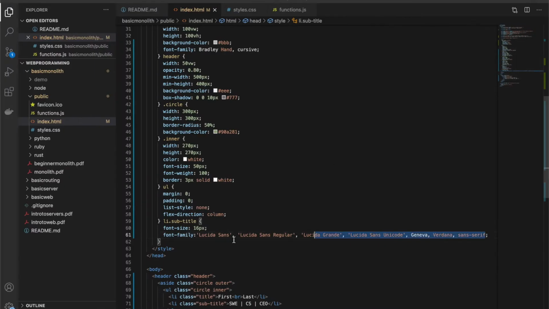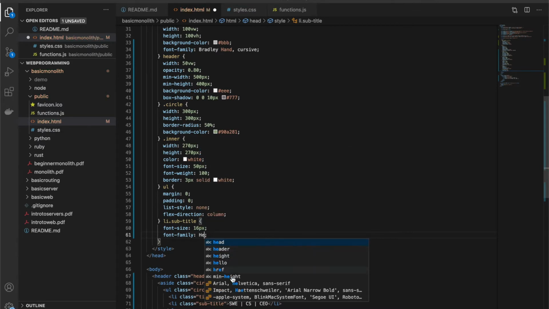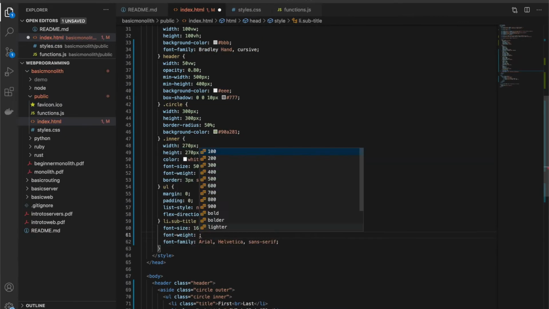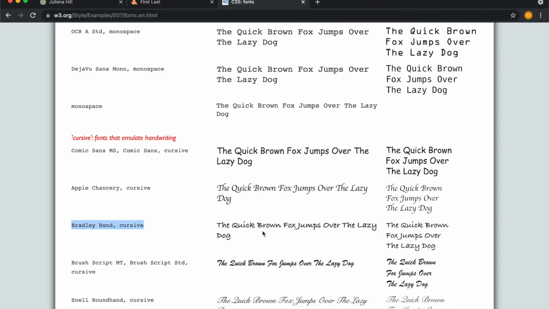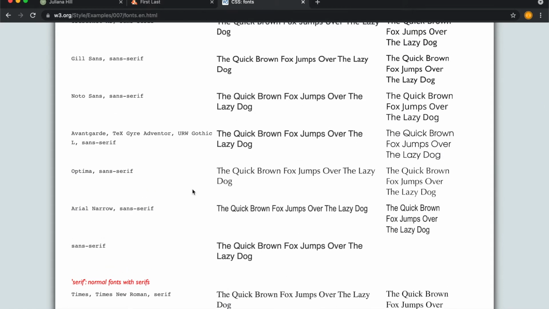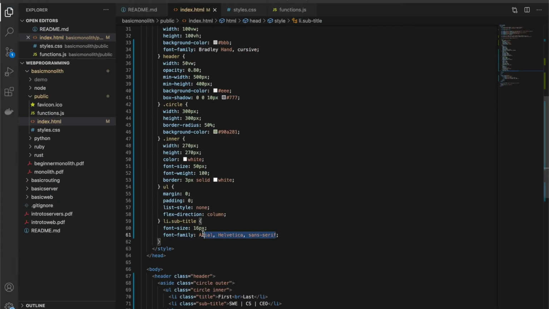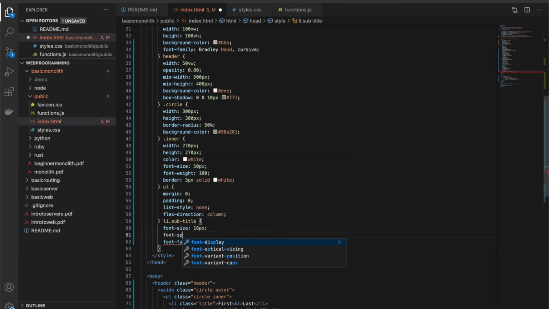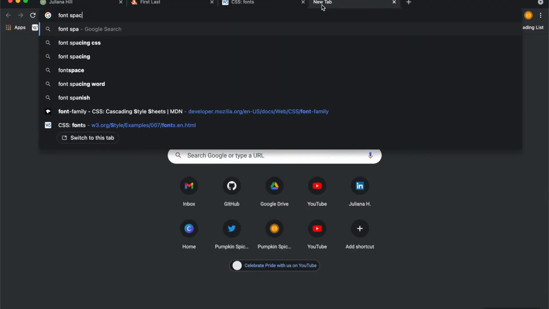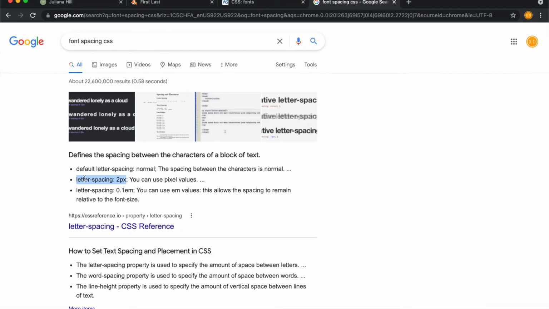The other one that's interesting is called letter spacing. I couldn't quite remember what it was called. I thought it was font spacing, but I had to Google search it to make sure, and I found it. As you can tell, I go back and forth between my personal website and the one that I'm currently working on to figure out if it looks similar or not. Obviously, it's not going to be exact